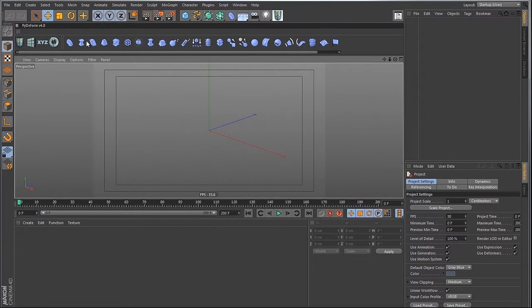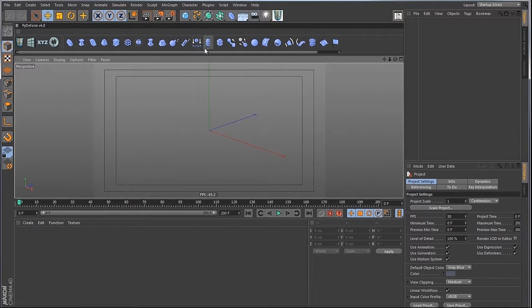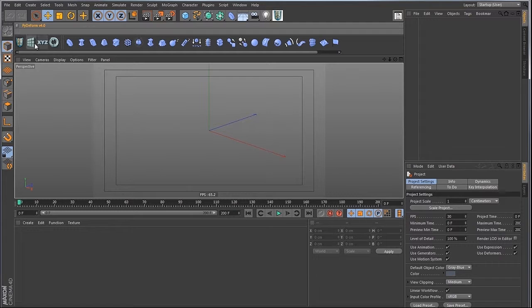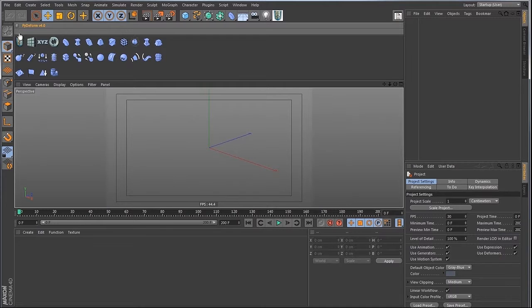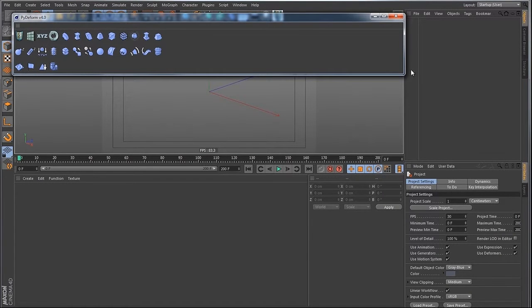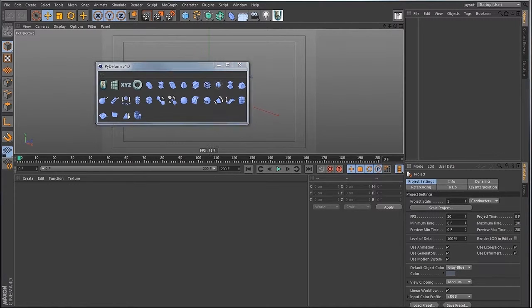There it is. It remembers that layout for you. So very nice new feature, and I think that's going to help quite a bit. So let's go back to default, and yes, I want to save that as my default layout. Let's go ahead and click no just for kicks. Let's undock it. There's the default,